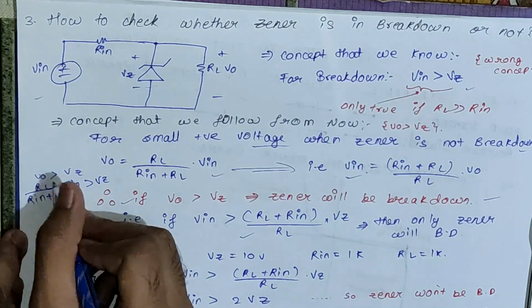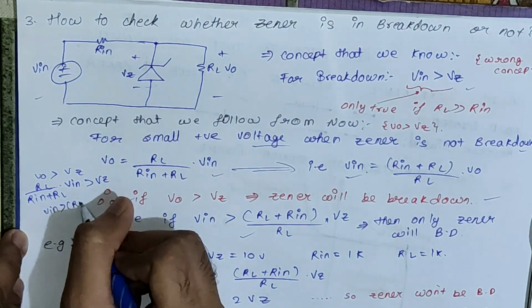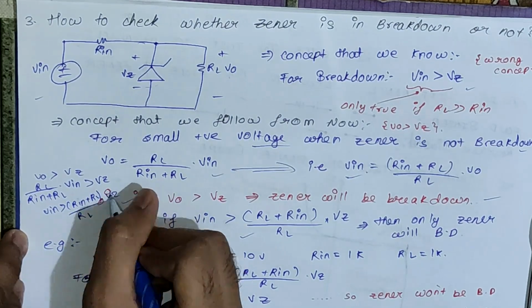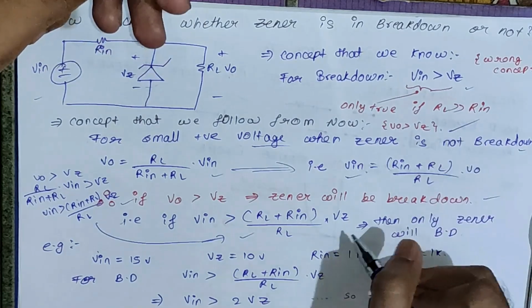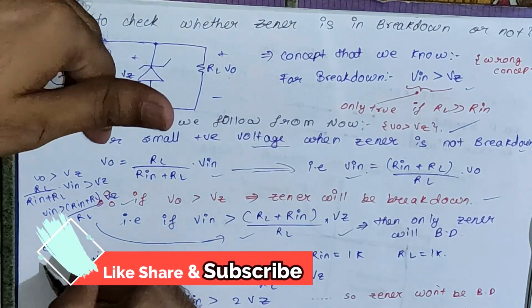Now if we shift this term towards Vz, we will get Vin is greater than (Rin plus RL) upon RL into Vz. Okay, so this is what I have written here. You can use either this equation or this one, and you will get the same thing. Still, if you don't understand this concept,